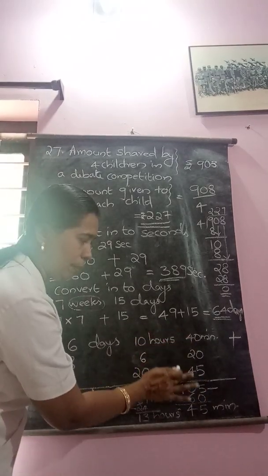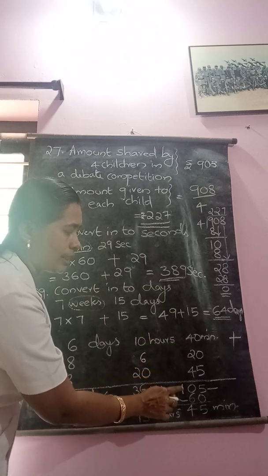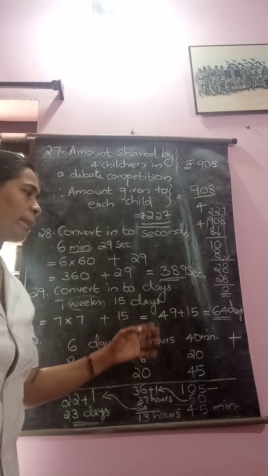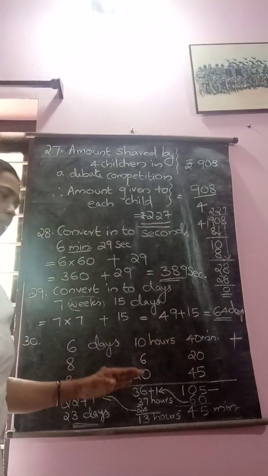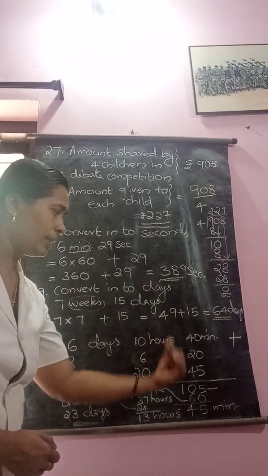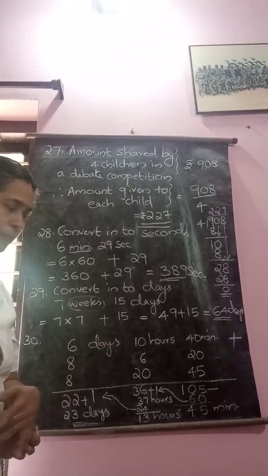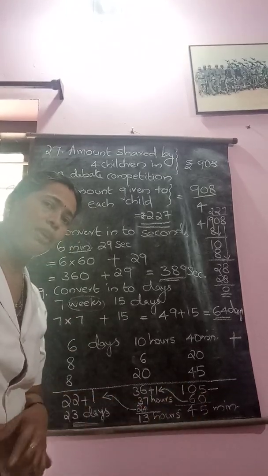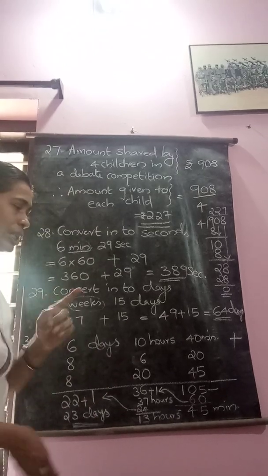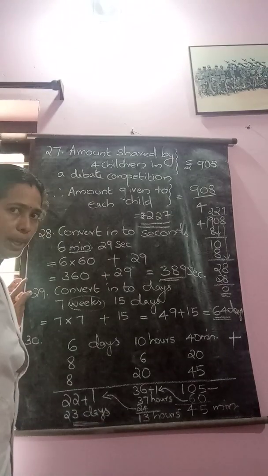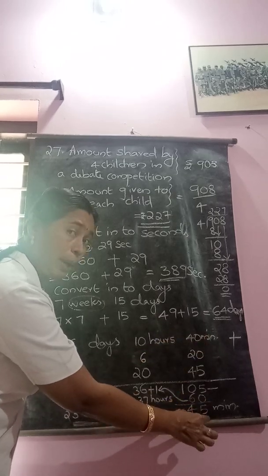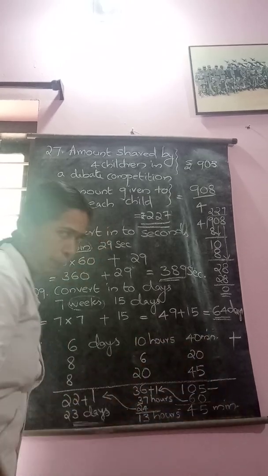Same method. You add the 3 numbers. So adding the 3 numbers, we have the answer as 105 coming. Always when we are representing time, minutes, hours, everything, we have to consider below 60. Minutes means we have to convert it to below 60. So this is more than 60. So what we have to do? Think about how many 60s are there. There is only one 60. So you subtract 60 from 105. So what will be your answer? 45. That 45 you keep in which column? Minutes column. So 45 minutes completed.